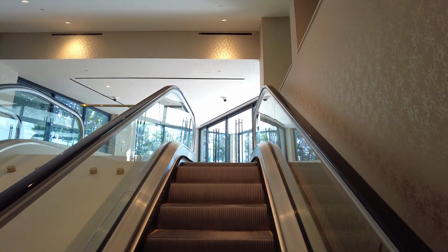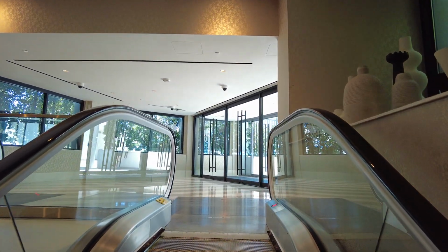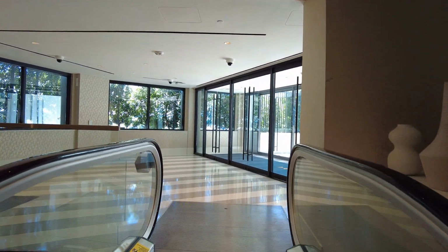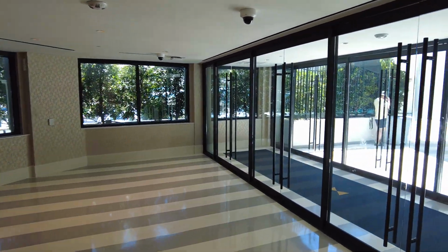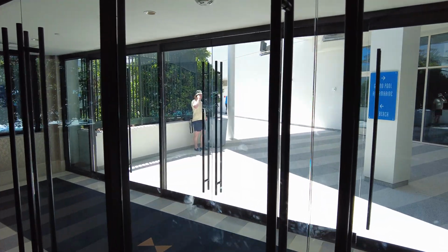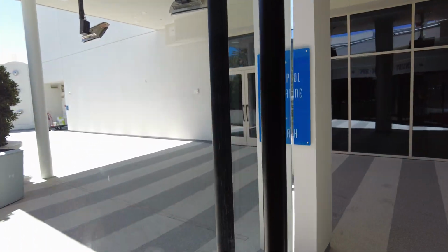So curiously, we're up high. Is the pool and the beach area up high? Usually that's pretty down low, but that looks like the beach right out there. We're gonna push outwards. We're not even gonna try it because the door handles are the same, but